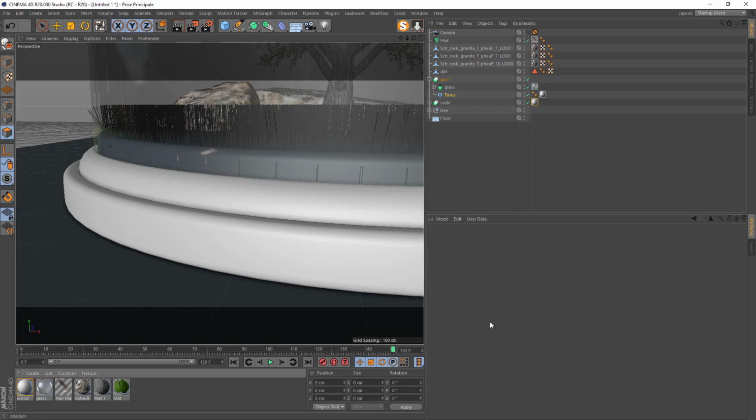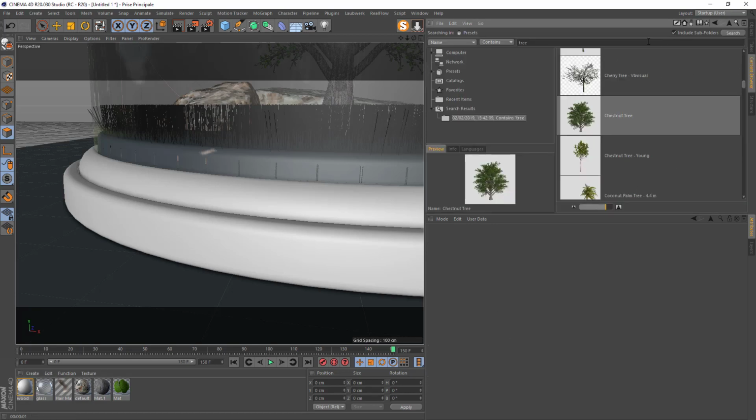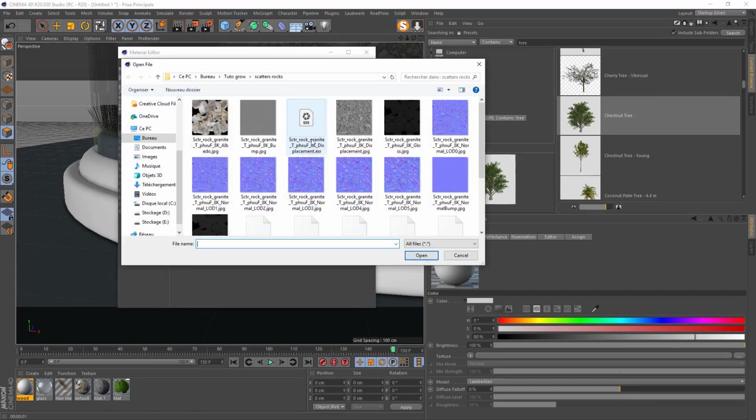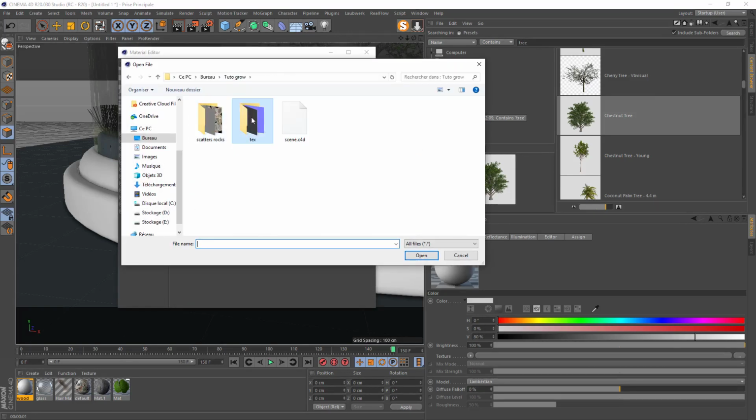For the wood, you can go to Content Browser, and here you type wood, press enter, and you will find wood materials. But I will use some texture, so I go there, color, tuto gros, texture, yeah, I've got that.